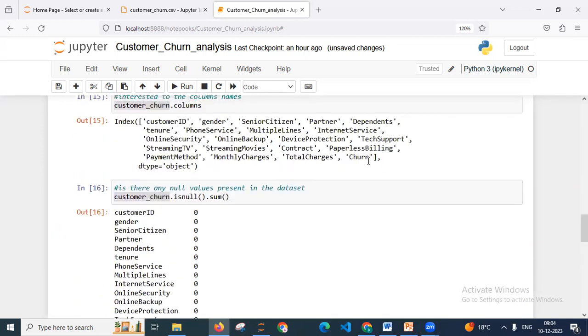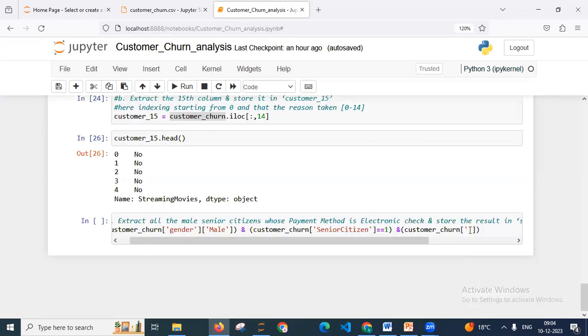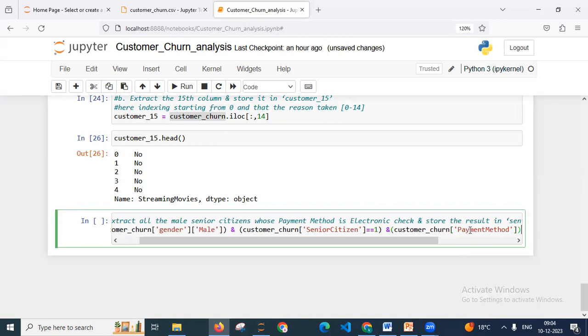You can see payment method, and this is a column, payment method, right? Copy that payment method column name, and that must be equal to